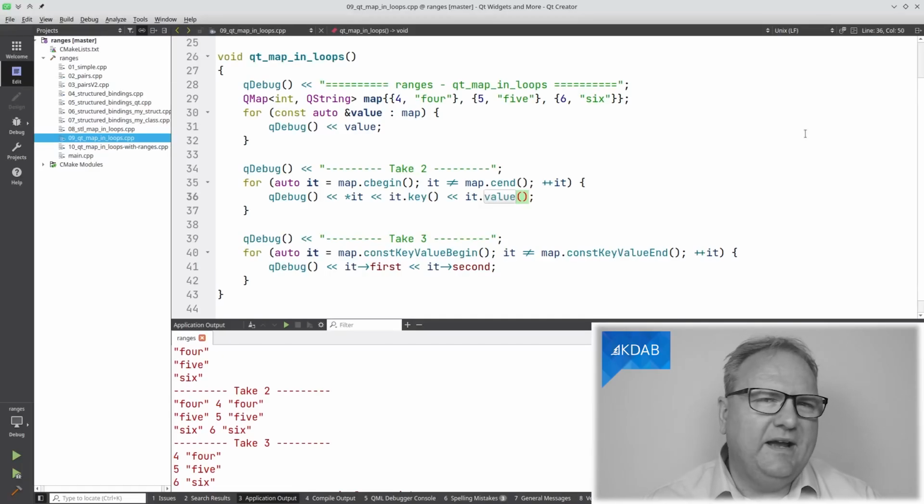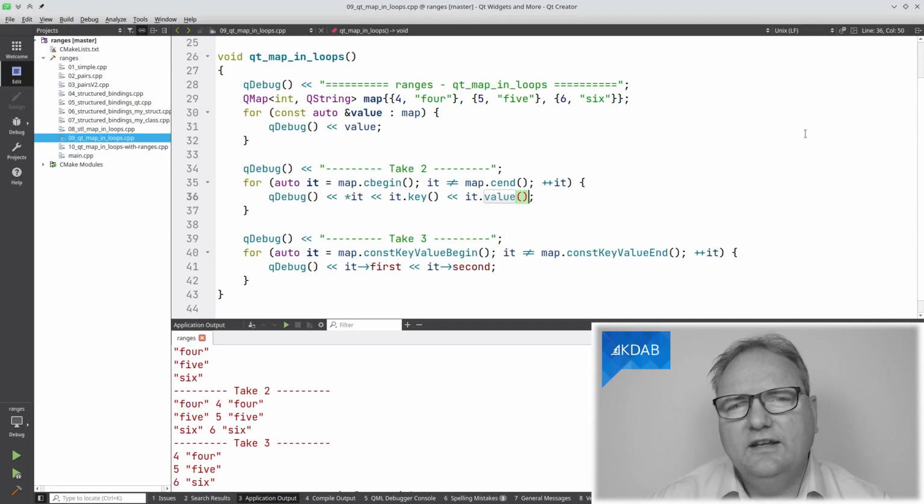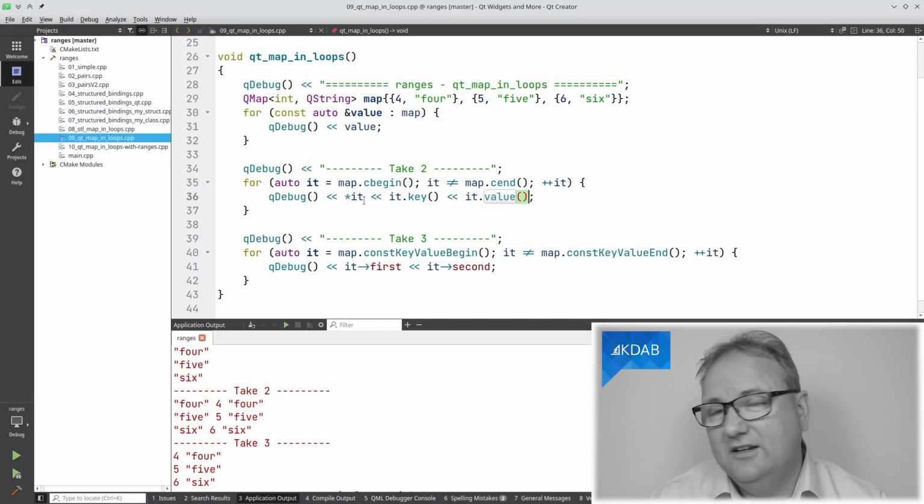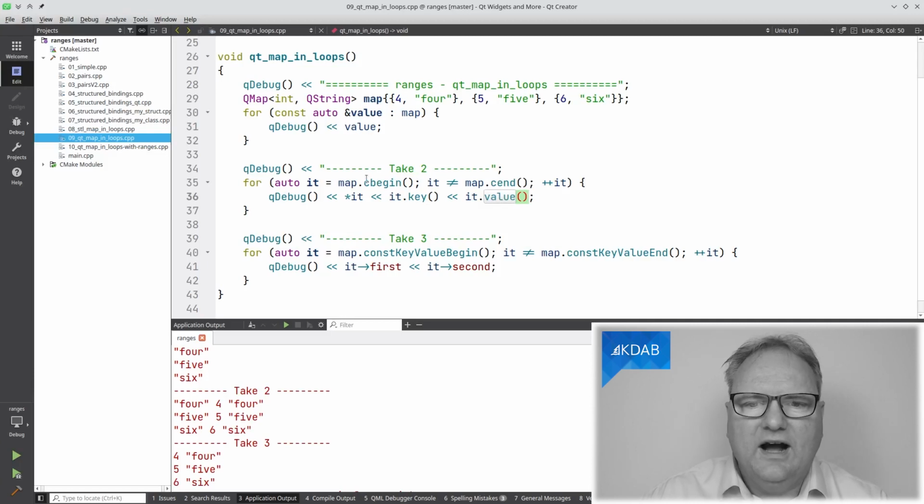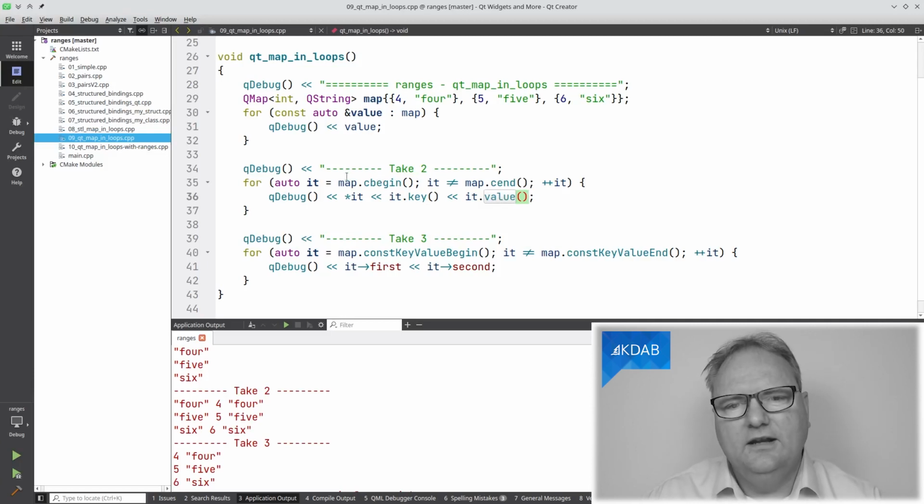Remember, a few months back, I had an interview with Pepe on Q as const, and he explained to me that a range-based for loop basically is just regular old-style iterators behind the scenes. And if you look here at Take Two, you can already see what these look like back then. We asked for the begin or the const begin of our map. That gave us an iterator. We compared that against the end and plus plus to go next. And the key thing was that we looked at the values with asterisk it.